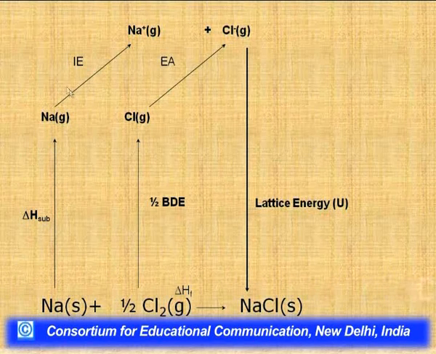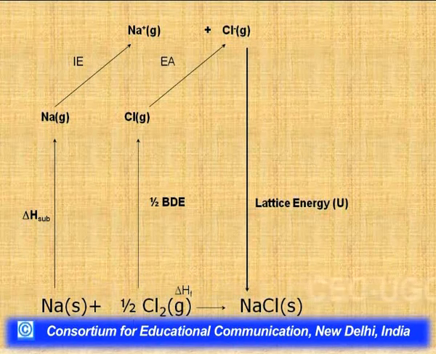Now when sodium converts to the gaseous phase, that is gaseous sodium atoms, it then gets ionized to give sodium ions in the gaseous phase. This represents the ionization energy, the energy required to ionize the atoms in the gaseous state to the respective ions in the gaseous state. Then there is atomization enthalpy, or the bond dissociation enthalpy, we can also say, here for